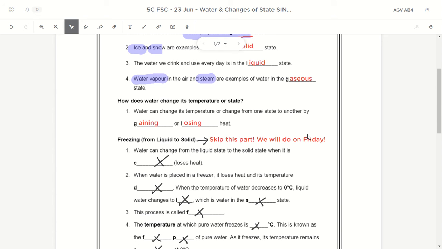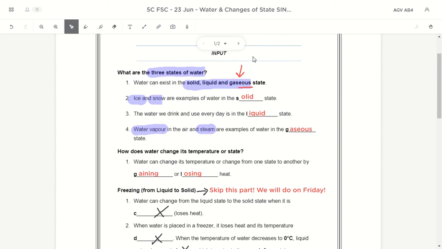Same thing when you lose heat, 3 things can happen at the same time also. Temperature decreases, it undergoes a change in state, like freezing from liquid to solid. It can also contract. So you need to know what to expect to happen. By gaining heat or losing heat, you can change the temperature of water. You can also change the state, either through melting, through freezing, through boiling, through condensation or condensing, or through evaporation. We'll look at freezing on Friday, so don't do this part, I crossed it out for you already. So let's go on to page 4.